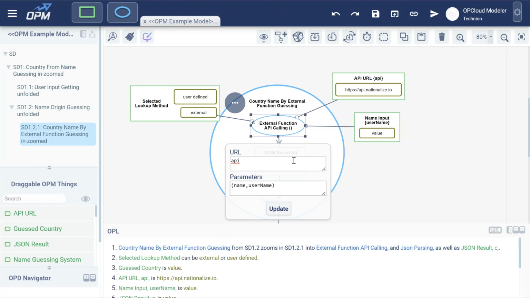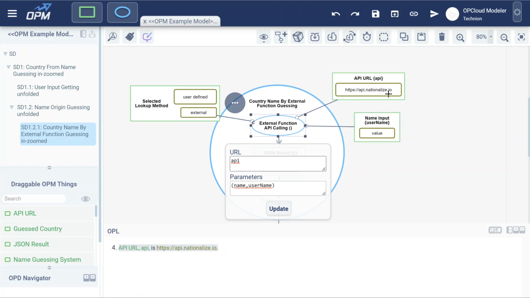The parameters are things that will be concatenated to the URL later on. You can see in the usage pane that pops up, I can use parameter 1 with its value, parameter 2 with its value, meaning that OPCloud will try first to replace the name currently here as an alias, take its value, and it will be the parameter concatenated in the URL parameters, and it will take the username, also replace it as an alias with the value of the URL parameter, meaning we are expected to see https